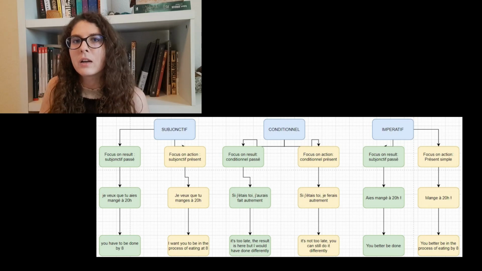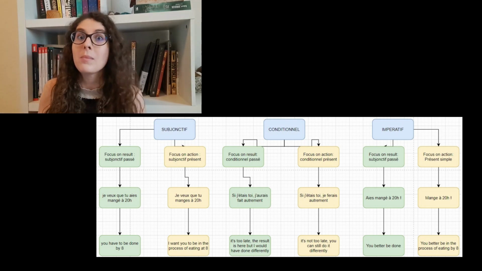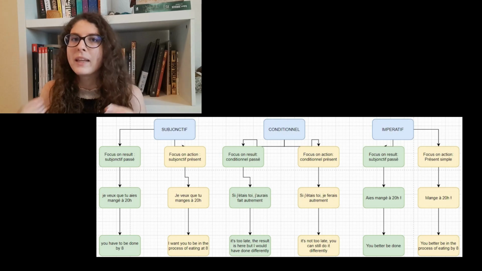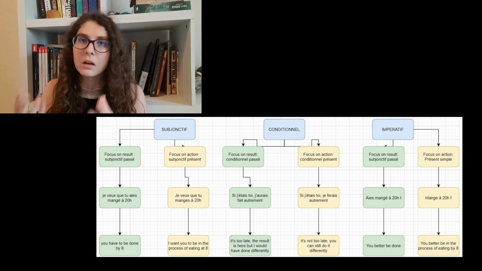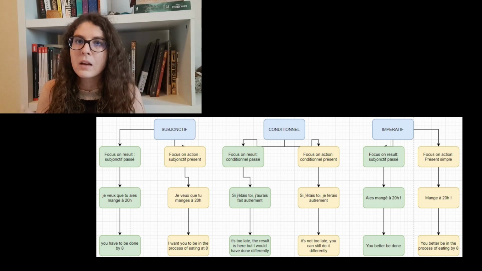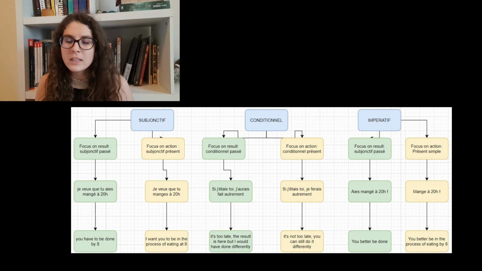However, if I focus on the consequence, if I use a composed tense, and if I say je veux que tu aies réparé ma voiture demain soir quand je rentre, then if I come home and you haven't fixed my car, I can absolutely get mad at you because I told you to do it before I come home. When I come home, I want to see the consequence, not the process. So that's why it's important. That's how it can help you choose between the two possibilities, composed or simple tense, consequence or process. For conditional, you have the same idea but a little bit different.